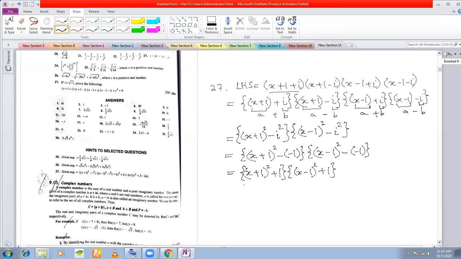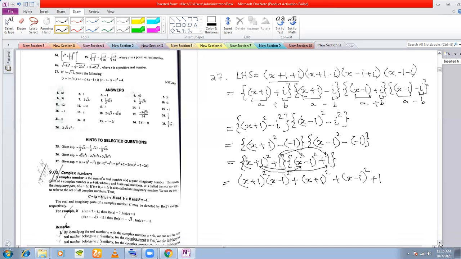Okay. Now what should I do with this? Now there's nothing to do except multiply. And how do you multiply these two expressions? You multiply x plus 1 whole square into x minus 1 whole square. You multiply separately, plus then x plus 1 whole square you multiply with 1. That means these two you multiply first. Then you multiply x plus 1 into this. Then you multiply this 1 with this. You simply get x minus 1 whole square. And then you multiply this 1 with this 1. So you get plus 1 into 1, which is 1.